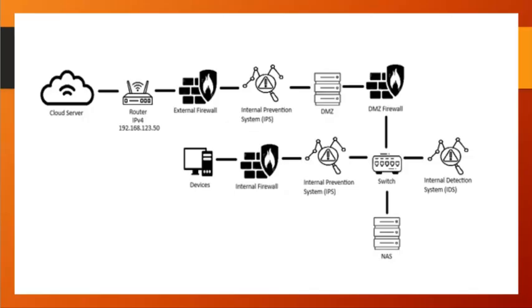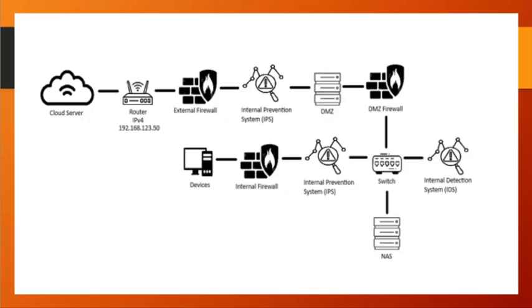Each location will have an IP version 4 through their router connection. This is where the perimeter firewall is, in order to protect the internal network from possible risks. After, an internal prevention system, or IPS, is in line to quickly detect any threats that may have passed through the perimeter firewall. Next in line, the demilitarized zone, or DMZ, helps to separate the internal network to protect possible